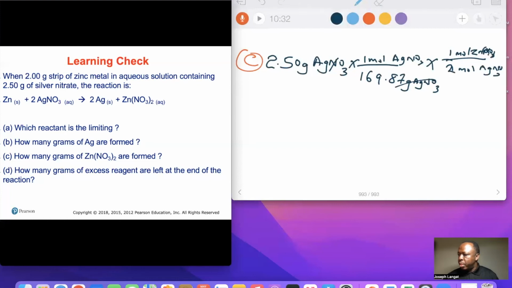Here, this will cancel out. And then the last conversion factor, 1 mole of zinc nitrate, and there is a parenthesis here for nitrate, zinc nitrate,